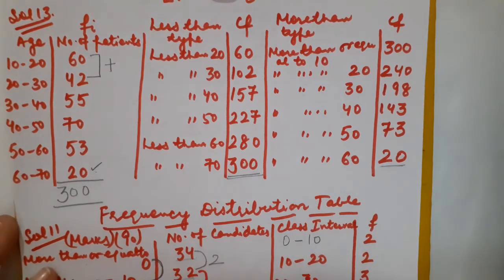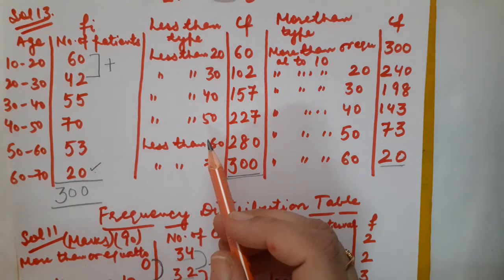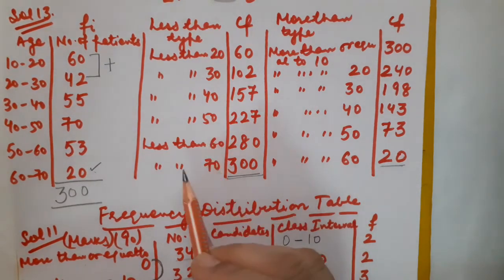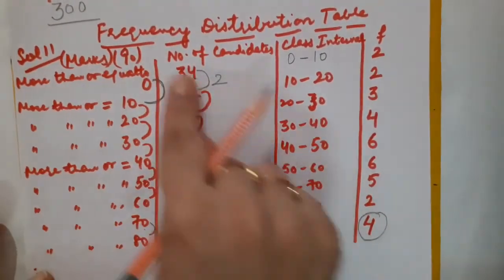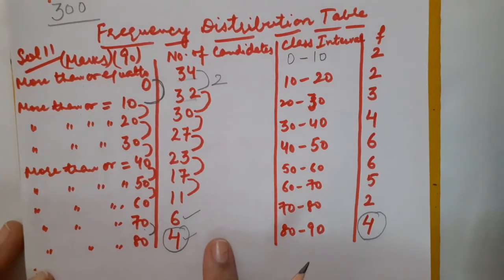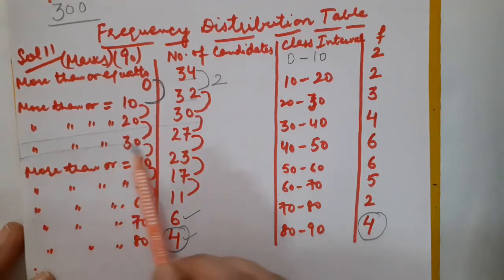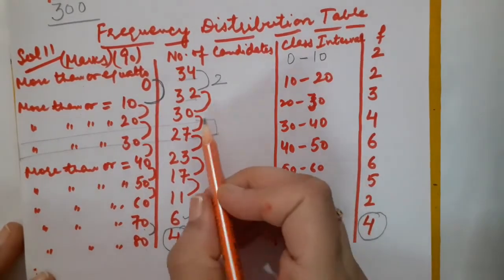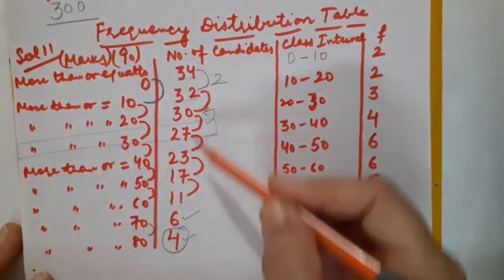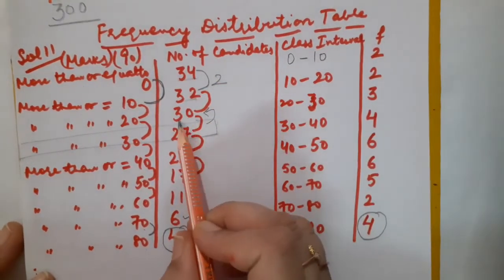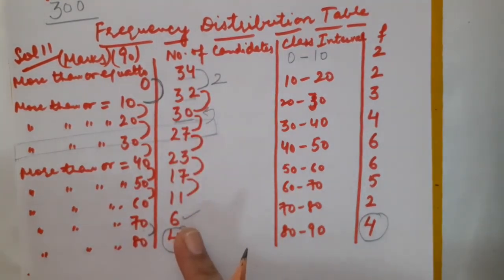There is a reason behind it, because we have to choose the median class and we have to choose the cumulative frequency also. That would be the preceding of the median class. But suppose if I ask you, you just calculate the median using this more than type, then you can't calculate. There is a reason. For example, if I am going to pick this as the median class, then what would be the cumulative frequency? That is preceding of it. And you know that in more than type, the data is in descending order. So definitely it would produce the negative result. So using more than type, we can never ever calculate median.